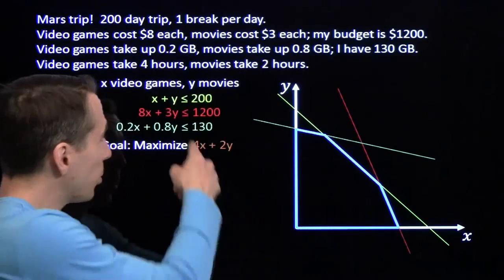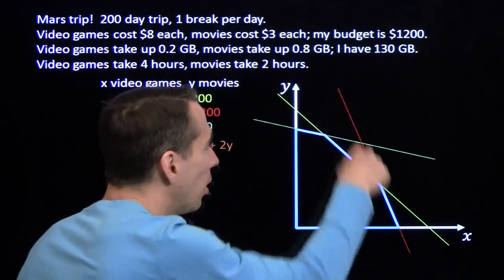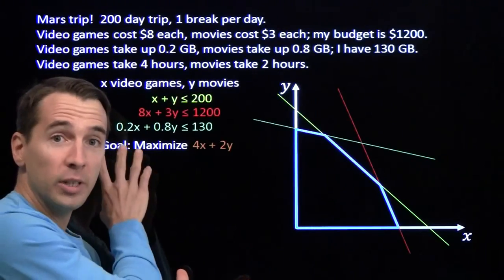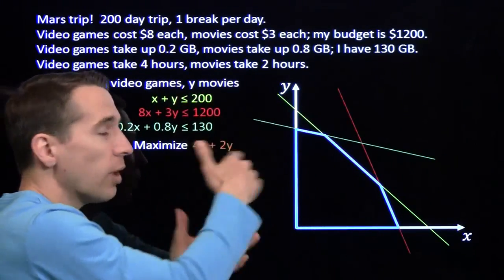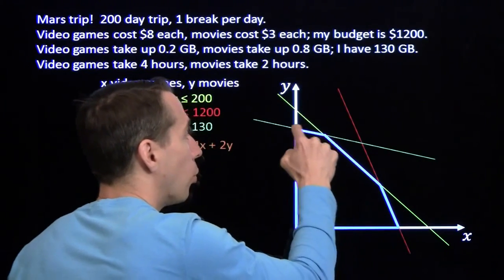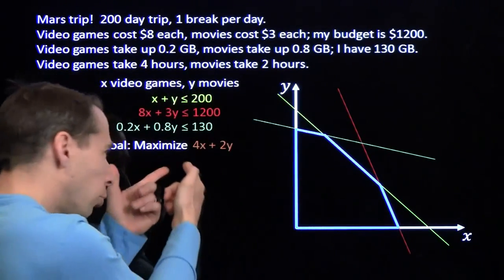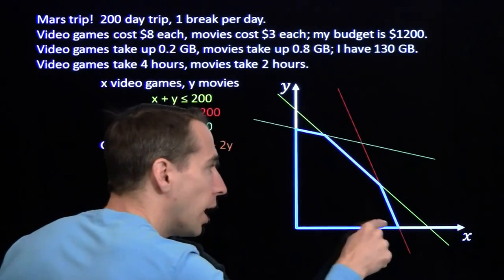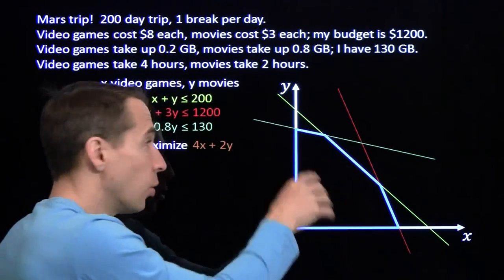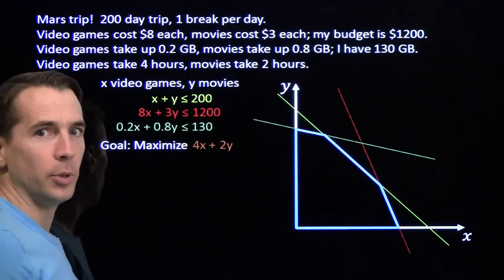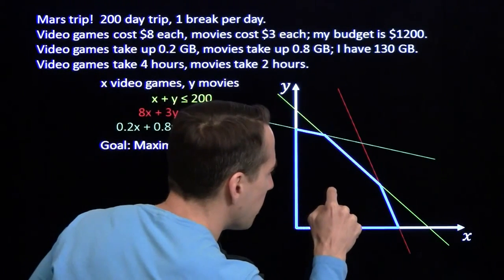And what we did in the setup was we graphed all of these inequalities over here, and we saw that the points that satisfy all three of these conditions are the ones that are on the graphs of all three of these inequalities. And that came out to be this region right here. And our goal is still to maximize 4x plus 2y. So we want to find the point (x, y) inside this region or on the boundary that makes 4x plus 2y as high as possible. Now we'll start looking for that point just by playing around a little bit.